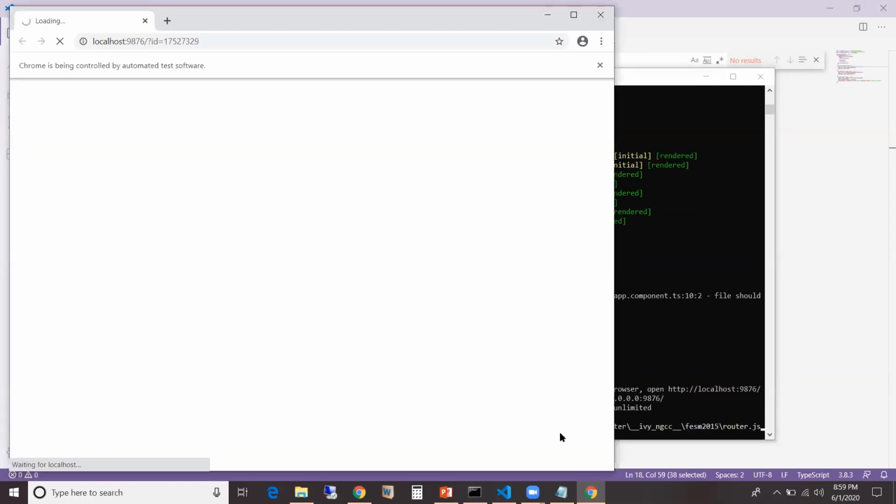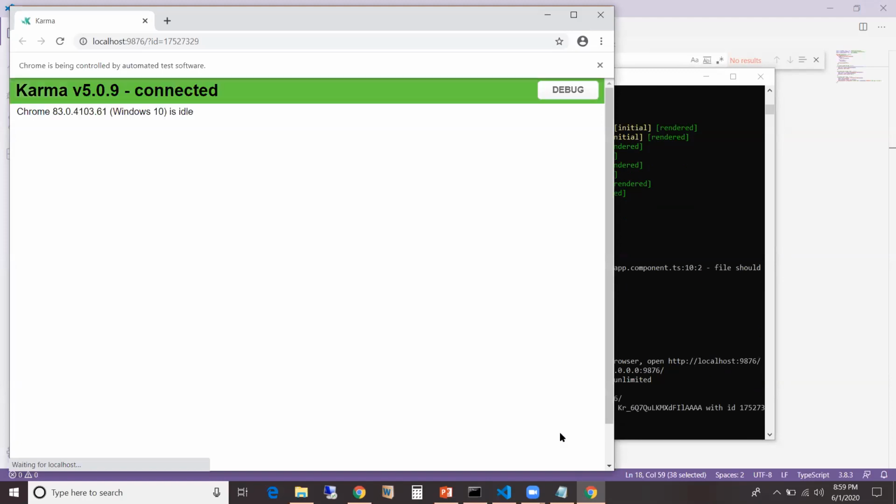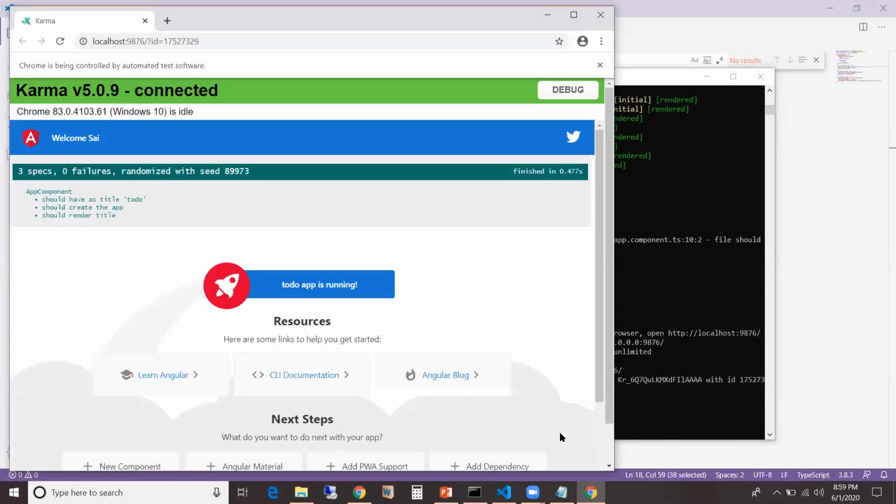And then the browser automatically got launched. And then we got connected to Karma automatically. And then the Jasmine unit tests are run. And then it says 0 failures. That means all the tests have passed.